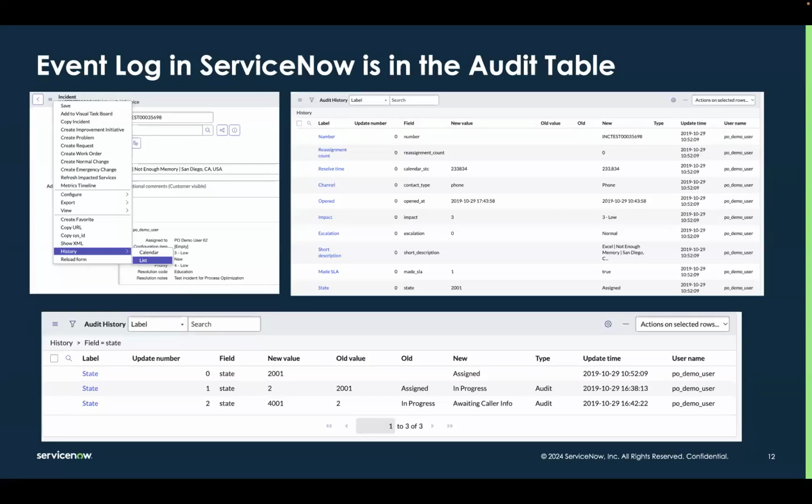Turning on audit data collection is a configurable option for every table on the ServiceNow platform. In fact, it's turned on by default for something like 140 plus different tables. So more often than not, customers usually have the data they need to do process mining right away. And if you have the rights to do so, you can go to any record and view the history to